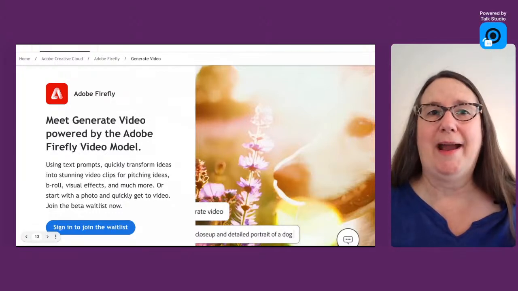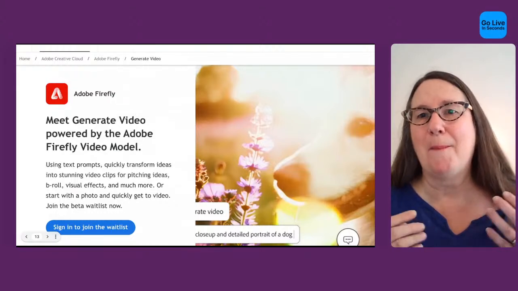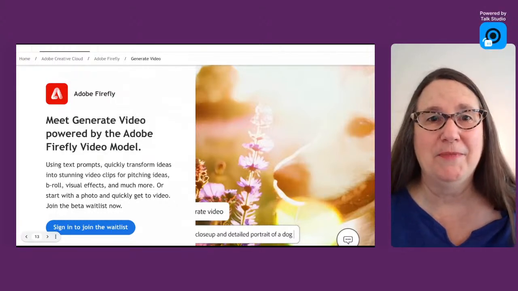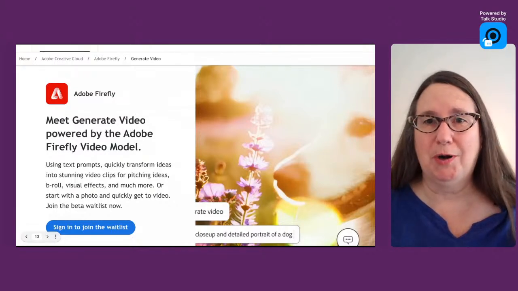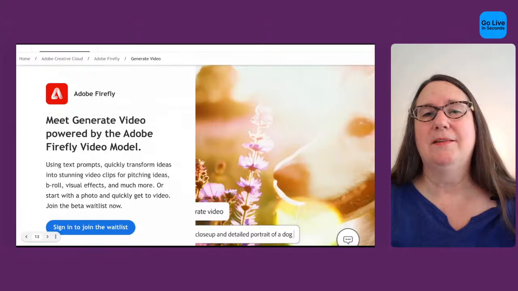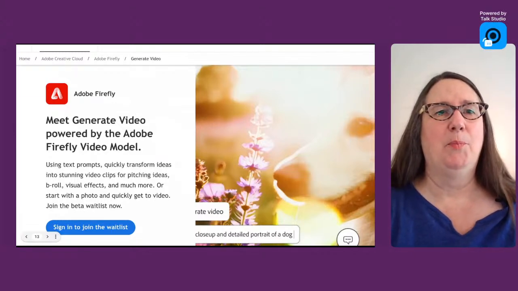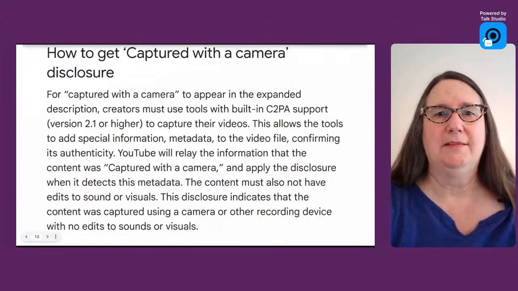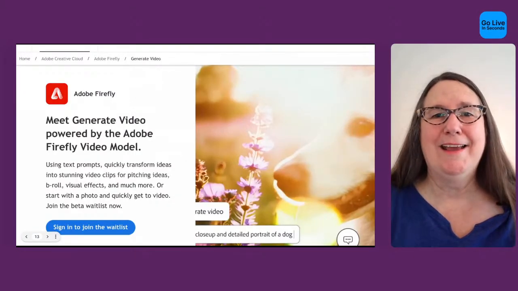But I wanted to point out they talked about updates to their Firefly model for generating video. So you can use text prompts or image prompts to generate video. And I think it's also interesting and important that